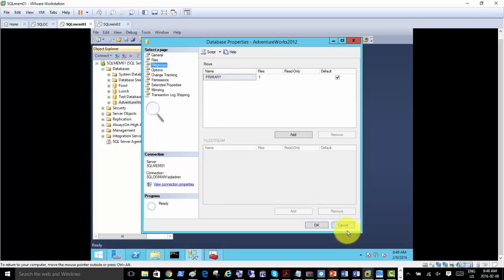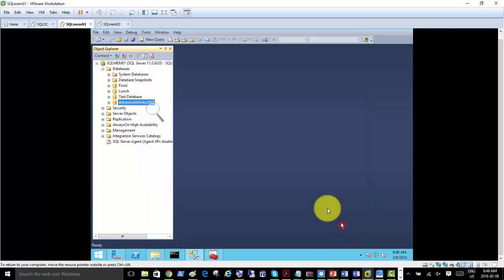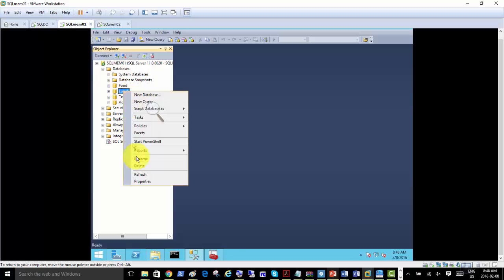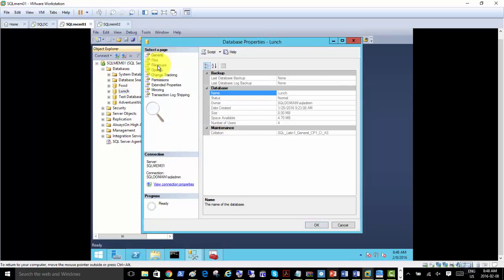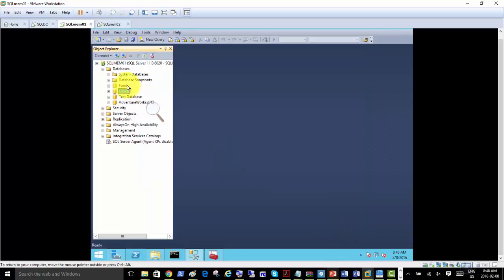So this area is disabled. The below one, the FileStream, and there is one file group configured right now. We're going to be talking about file group as well. I'm going to create some, and okay, so just checking randomly one more. Okay, and once we make that change of FileStream, clicking it open, we're supposed to actually restart the instance or the server. But before that, let's run this